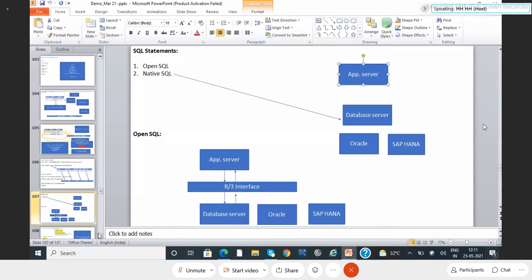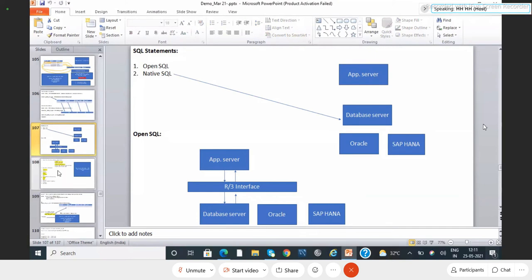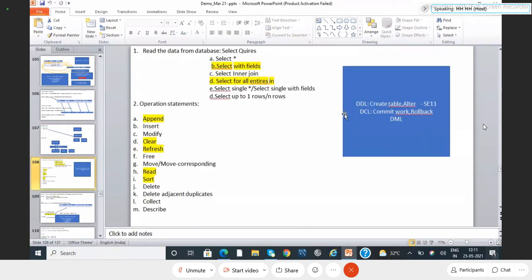And I also mentioned we have some other statements, like DDL and DCL statements. But the DDL statements, the entire DDL, we are not going to use here, because we are going to use SE11 for table creation, so no need to do anything programmatically. There are some steps to create it, so we will use that and create it. That is what we are doing.